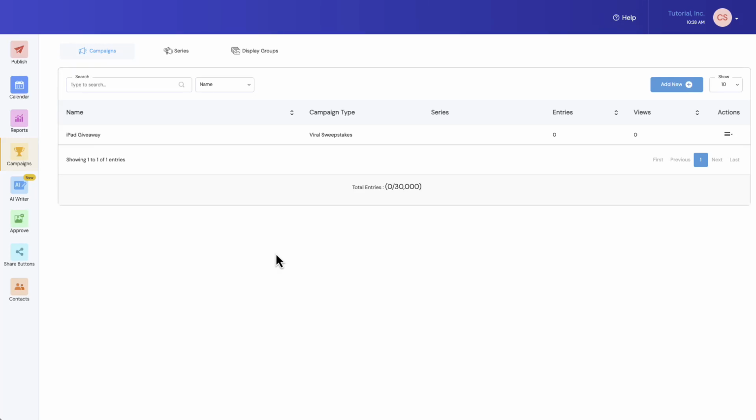So let's launch a photo campaign. There are two types of photo campaigns you can run. There's a photo contest where people submit an entry and then other people vote on it, and the person with the most votes wins. There's also a photo gallery, which is just a UGC, which stands for user generated content,